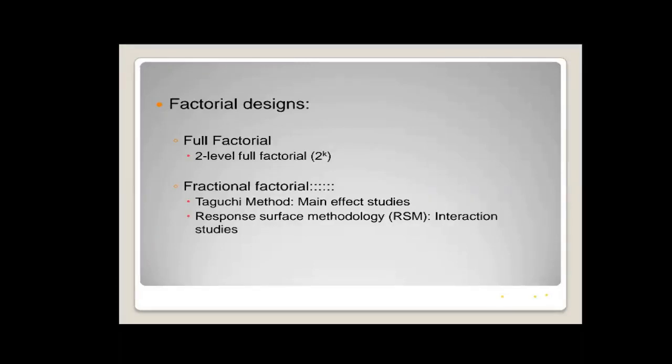Another example: suppose there are 10 factors and 3 levels, which means 3 raised to 10 experiments I have to perform. That could be a very impossible task for me. Even if there are four factors and four levels, I have to perform 4 raised to 4 experiments, which is 4 into 4 into 4 into 4, that is 256 experiments. Again, it is quite a difficult task for me.